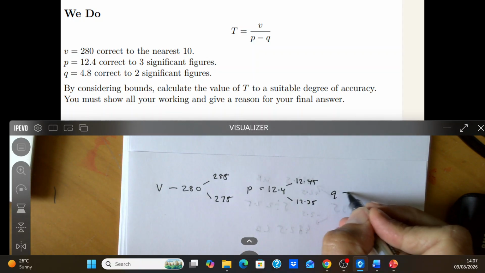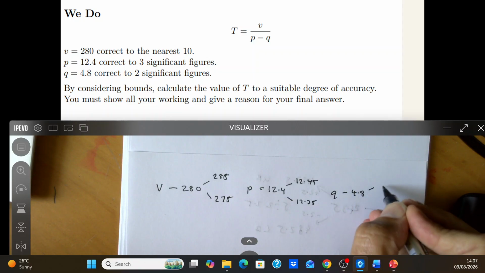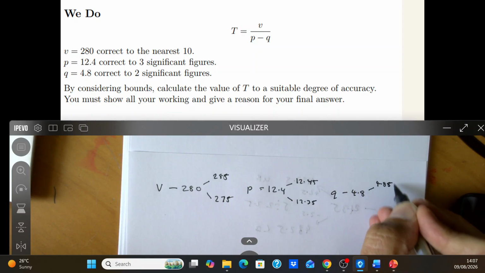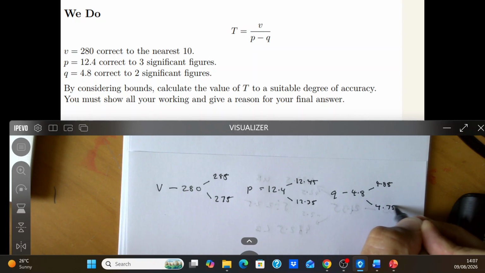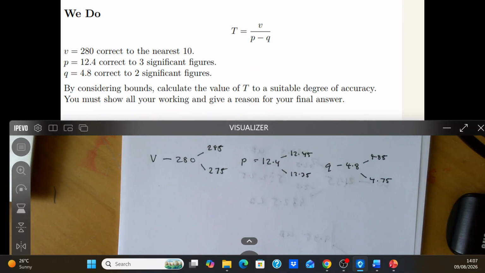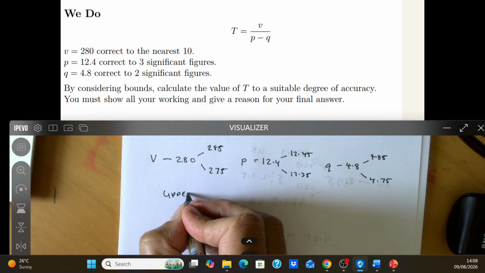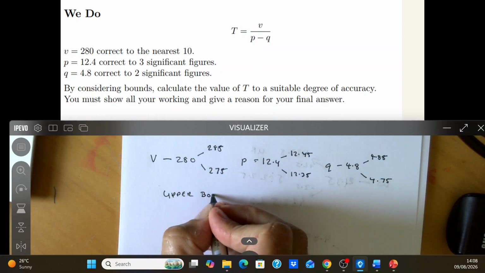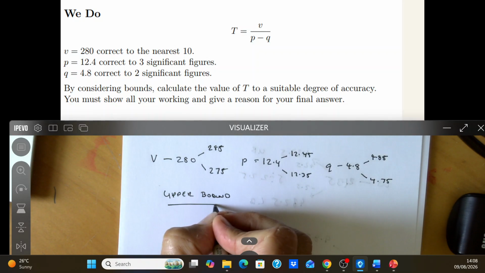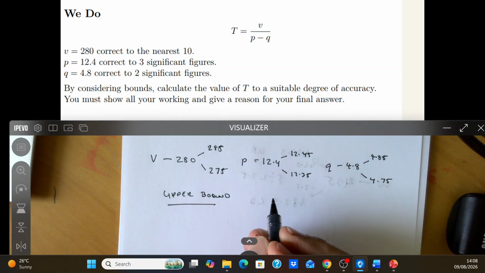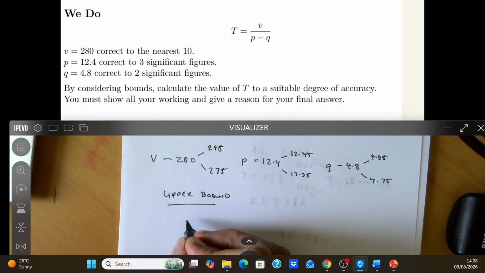Q, hopefully you've got those. So now what you need to do is work out an upper bound. To work out the upper bound of T, you need to do what divided by what. Correct, the biggest